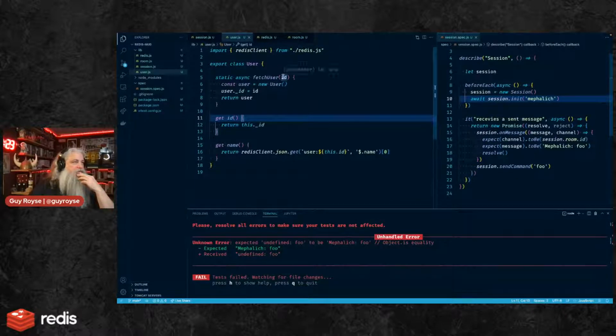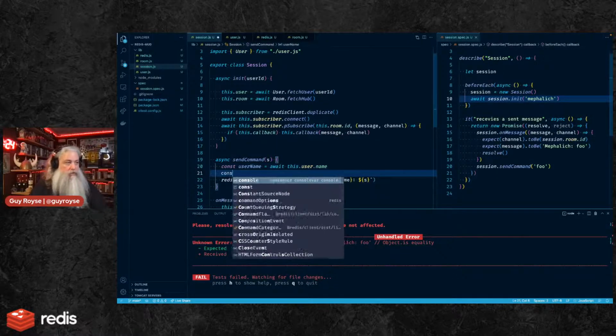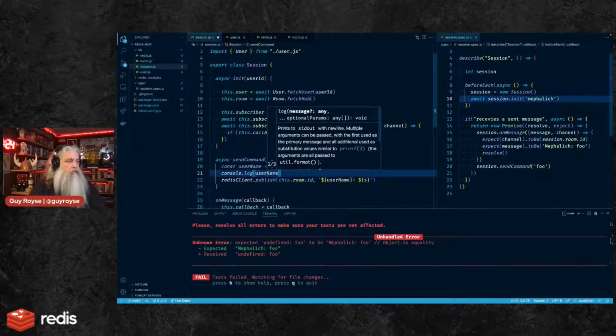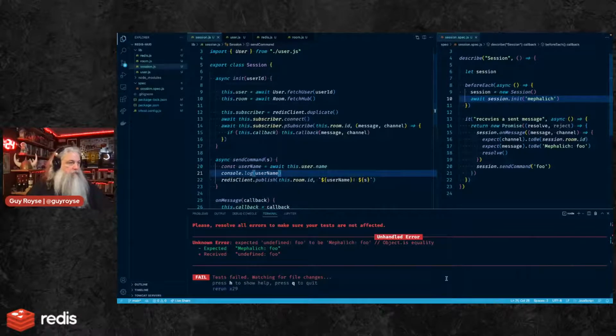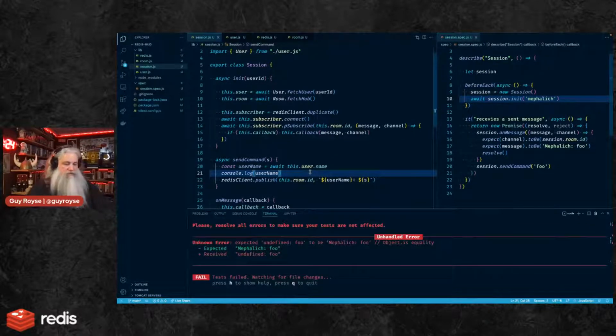So fetch user, there's the ID. Const user goes to the user. User._id equals ID. Get ID, return the get name. JSON to get name. Looks right. It's coming back as undefined.